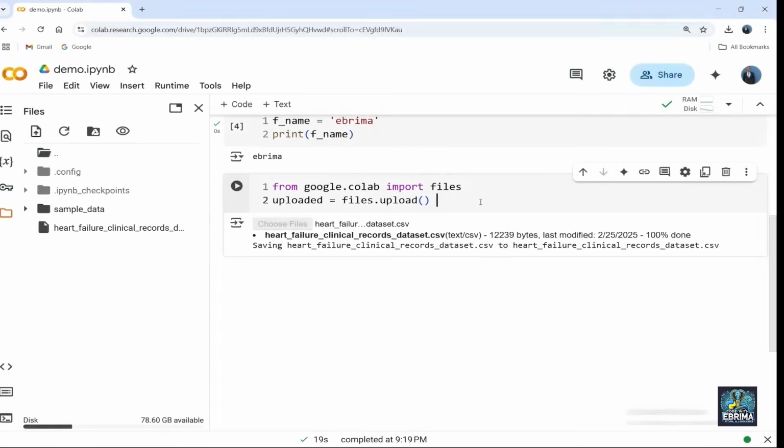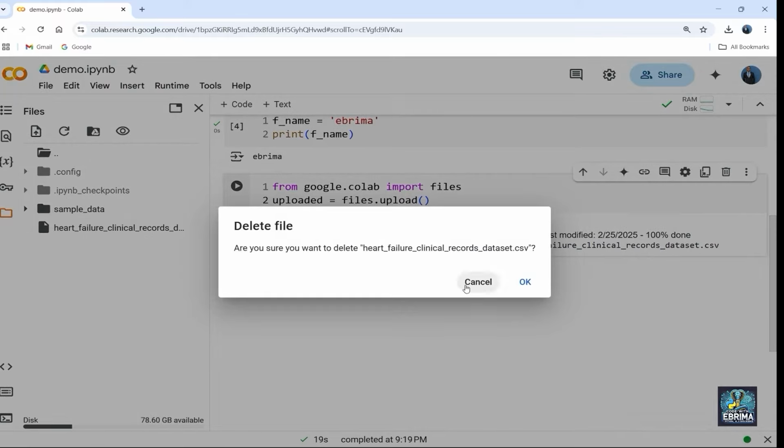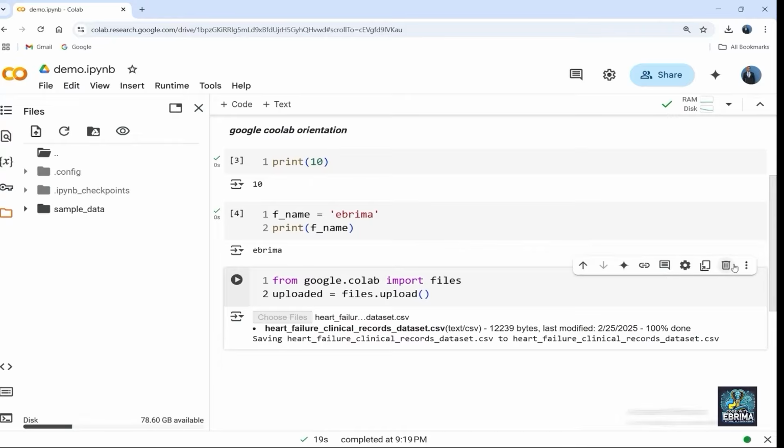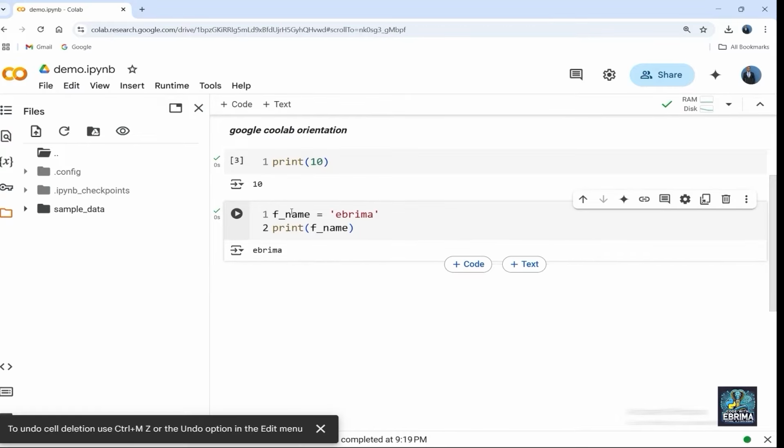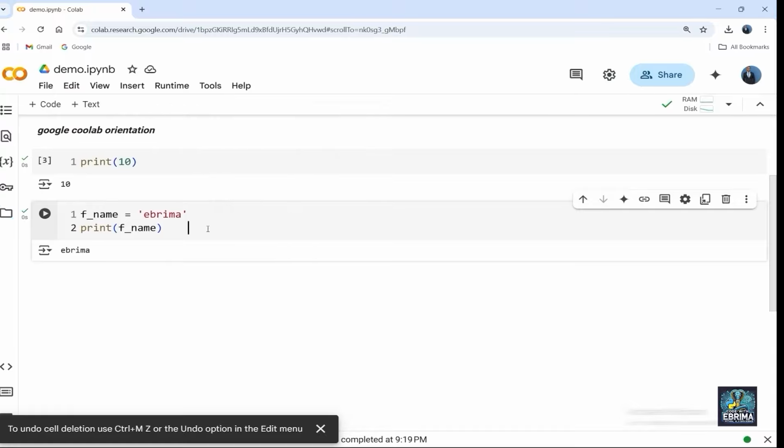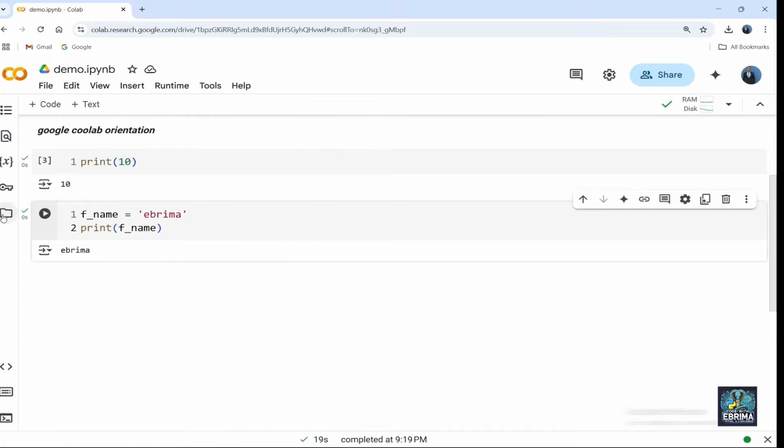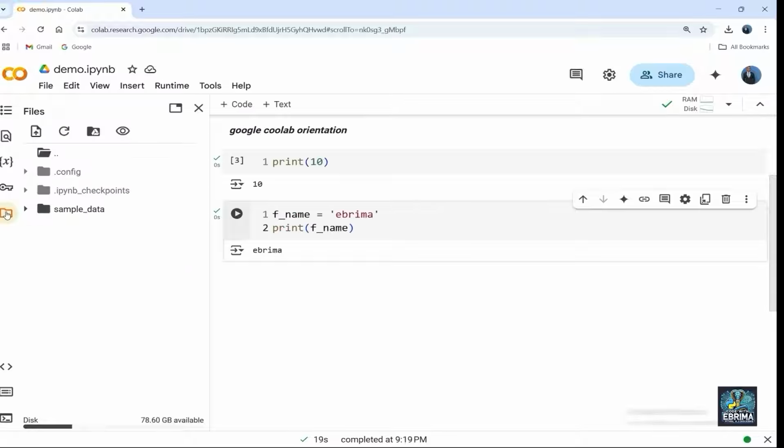The next thing that we are going to take a closer look at is uploading it manually. So what I'm going to do now is delete it, and I'm even going to delete this code here. You can see now it's no longer here. The other way is I'm just going to come here to this files icon and click it.